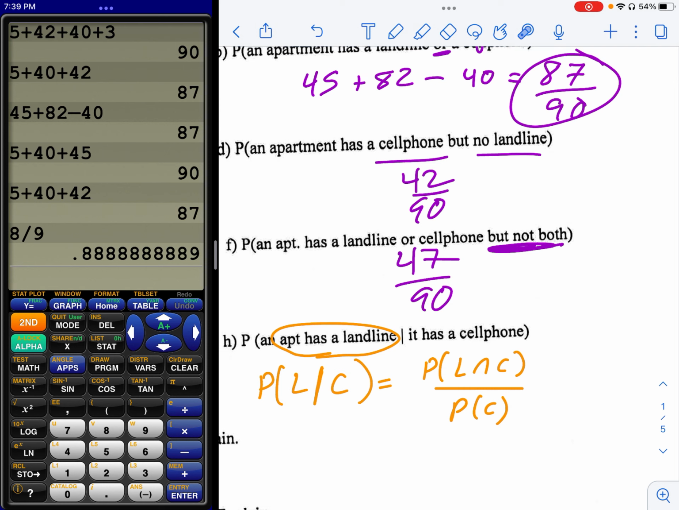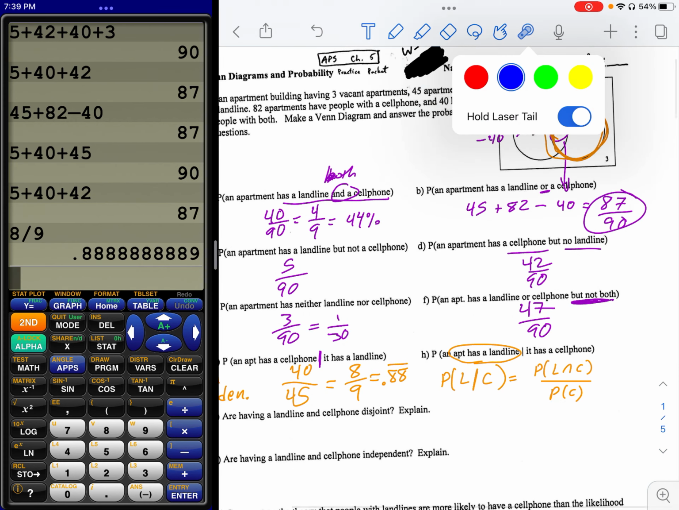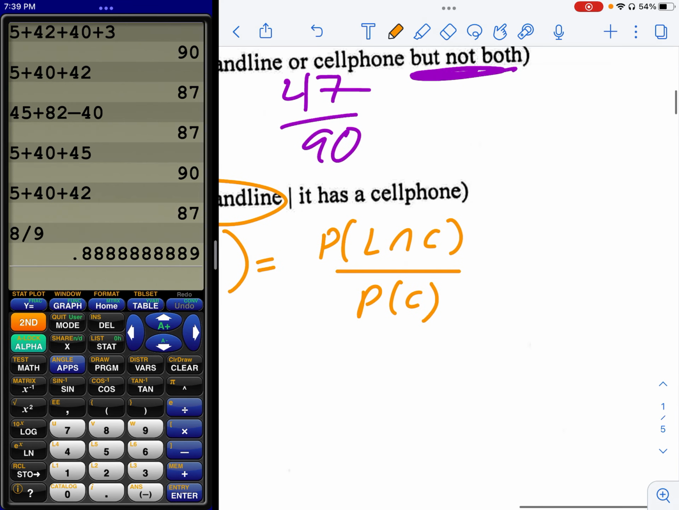Okay, that's the formula. You always put the L and C on the top, and the condition goes on the bottom. So you're going to get the same answer. I just wanted to show you though. So what's the probability if you pick a random apartment, it has a landline and a cell phone? That would be the and, that would be the middle. So the probability of that is 40 apartments out of 90